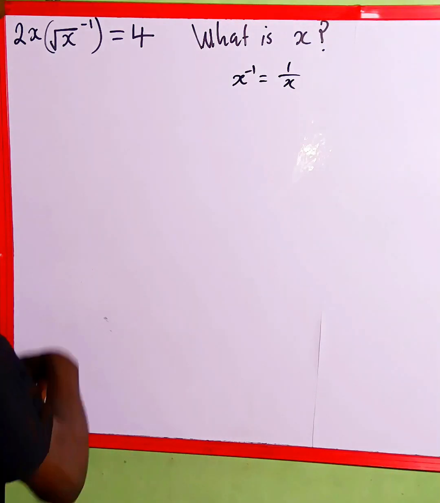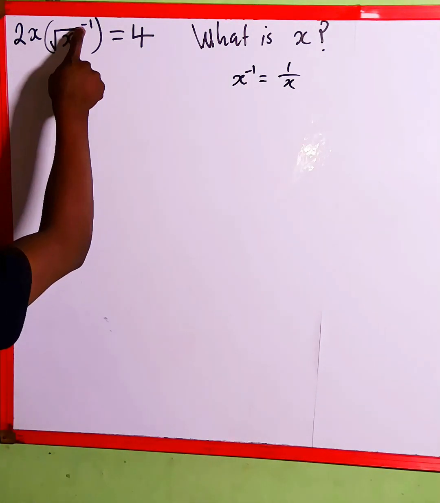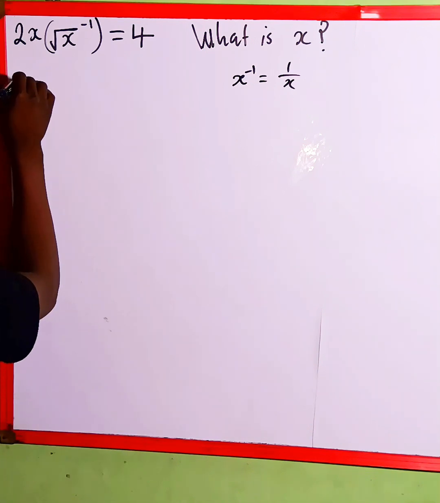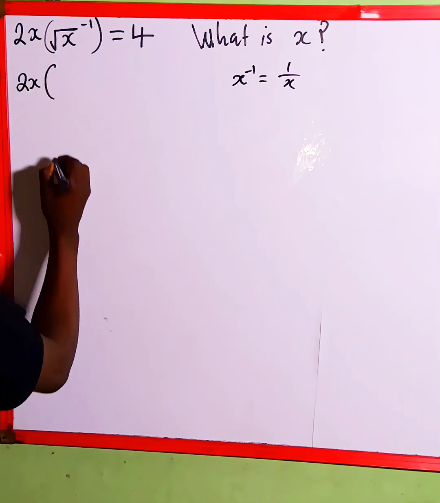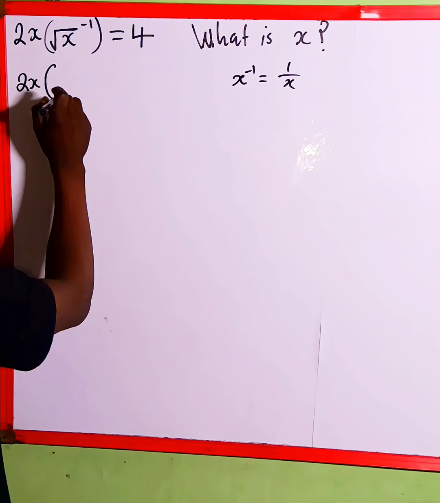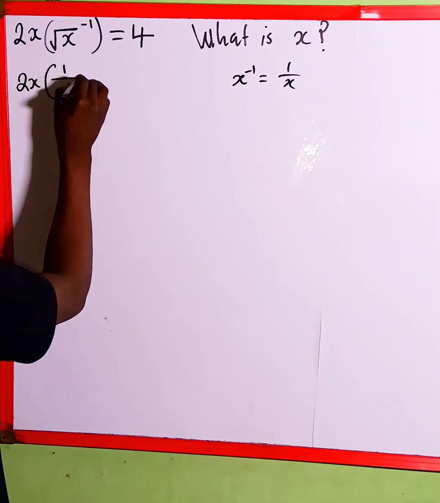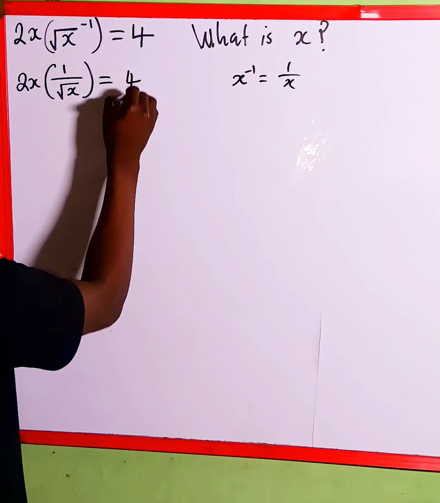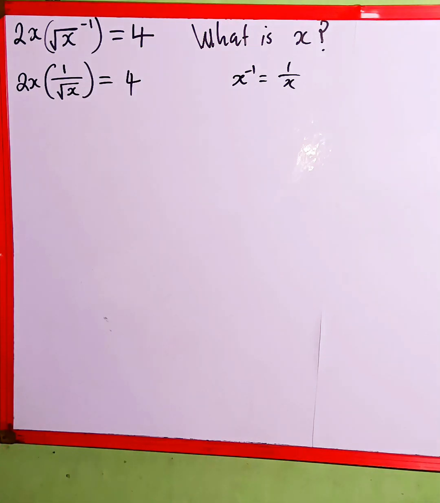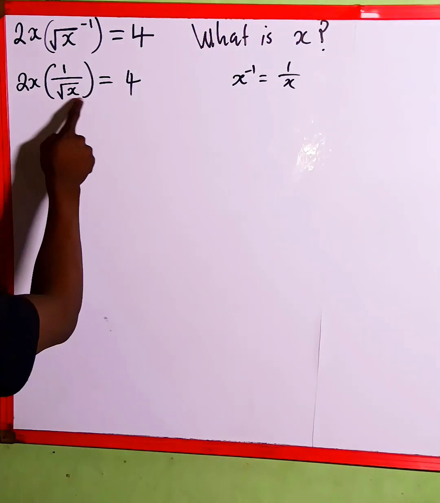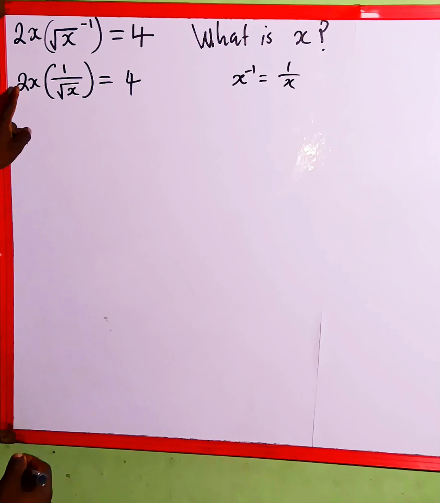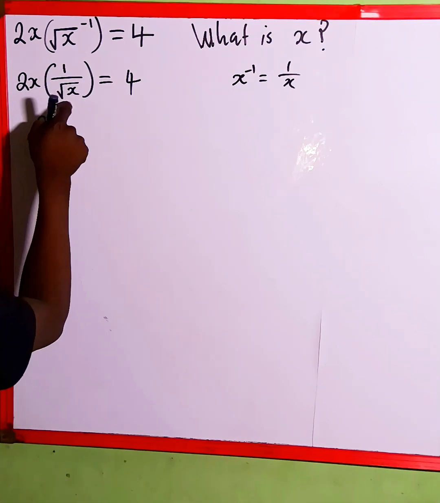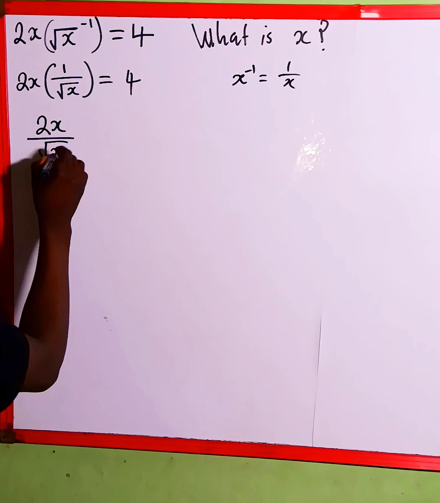So therefore, we can rewrite this square root of x to the power of -1 into this fractional form. So we have 2x into the bracket of square root of x to the power of -1, which is the same as 1 all over square root of x. Then everything will be equal to 4. Now the next thing we're going to do, remember brackets imply multiplication. 2x multiplied by 1 is the same as 2x, then everything all over square root of x,